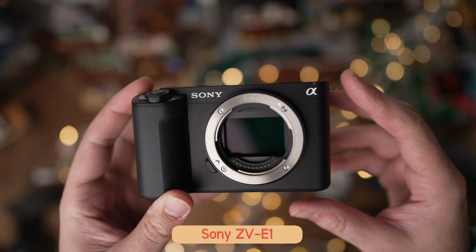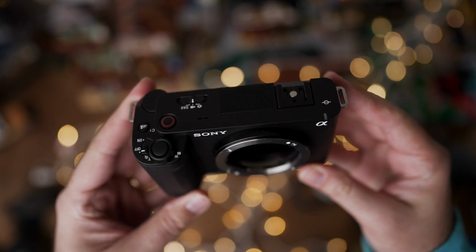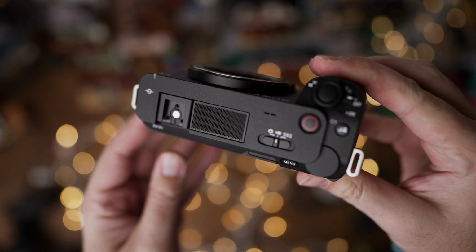Speaking of cameras, I also tested the Sony ZV-E1 and Sony A6700 this year, but none of these cameras are actually for me. The ZV-E1 is a great full-frame video camera. It would be great for recording videos like this, but I already use the Sony A7S III, and ZV-E1, while having some better features than the Sony A7S III, I don't think I would actually benefit from the change,